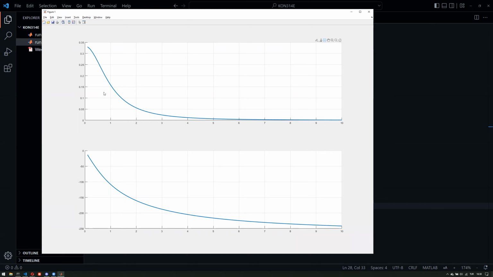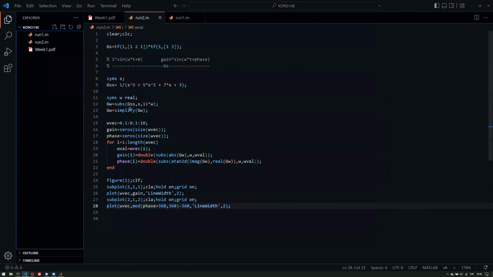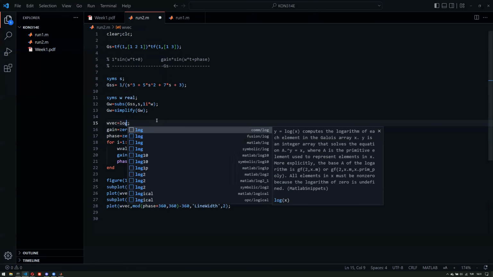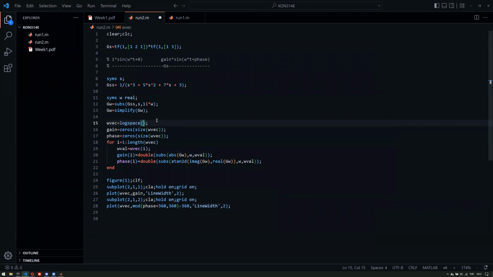Now, you might argue with the plot because it doesn't really look like a Bode plot. Is it really a Bode plot? Now, first of all, keep in mind that we would not like to have linear spacing here because in the frequency domain, there's high frequency, then also low frequency, and we want to combine them in the plot. So instead of using this, most of the time what we should use is the logarithmic spacing here. So for example, from 10 to the power of -2 to 10 to the power of 2 with, let's say,